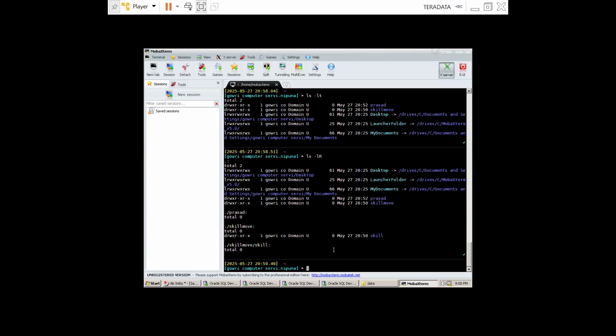So it means in the lt command, we have an option to know who is